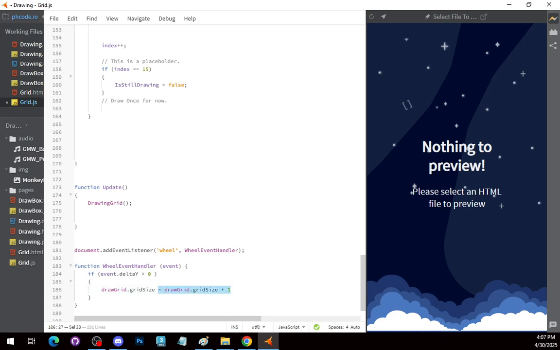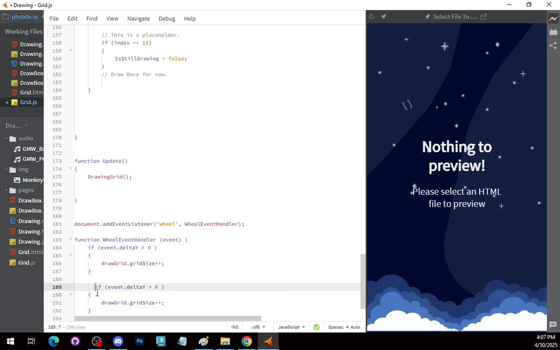Actually, I can just do, yeah. Less than 0, I will subtract 1. So again, I know the code is big, it's complicated, it looks that way at first glance, but